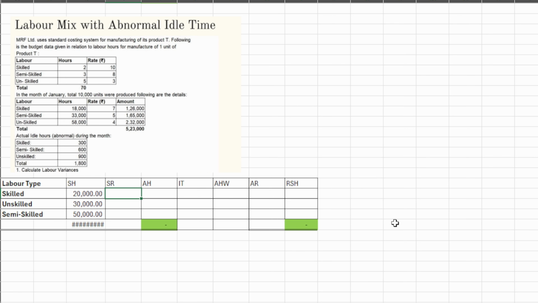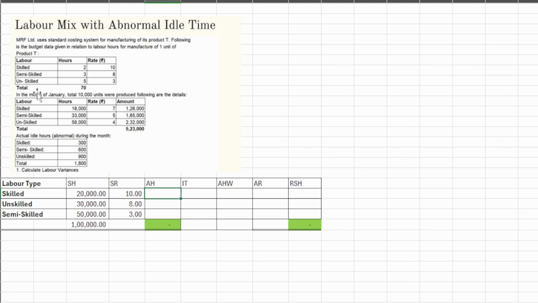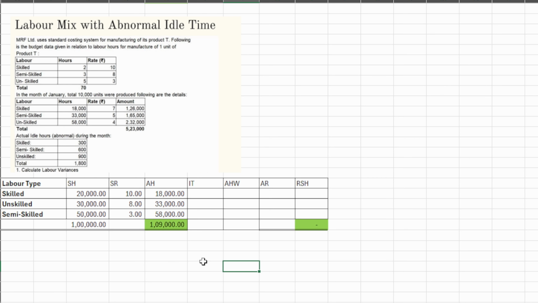After that, standard rate is given: 10, 8 and 3. So this also I will record. After this, actual hour is already given: 18,000, 33,000 and 58,000. I will record. I have recorded this data. Actual rate 7, 5 and 4. I record this data. Now if you observe, I have created two more columns, one for idle time, one for